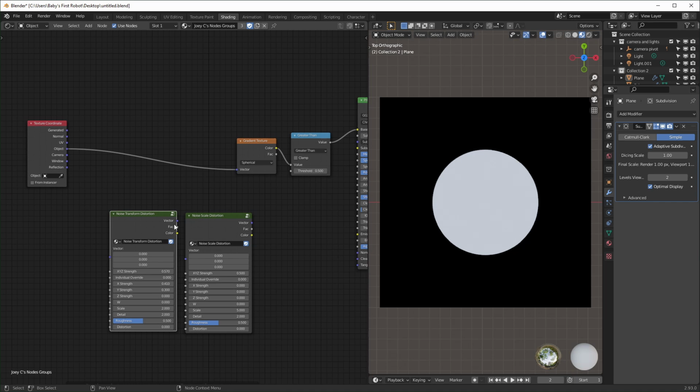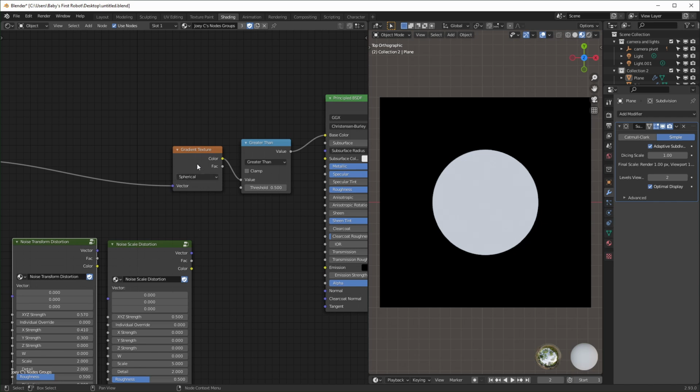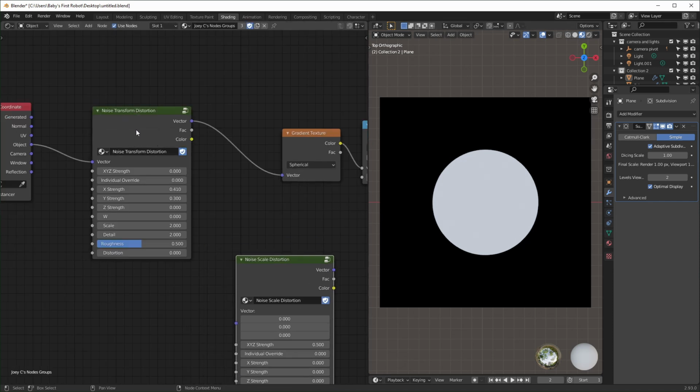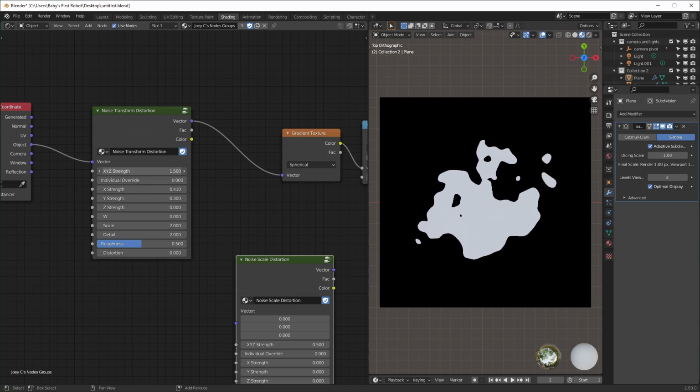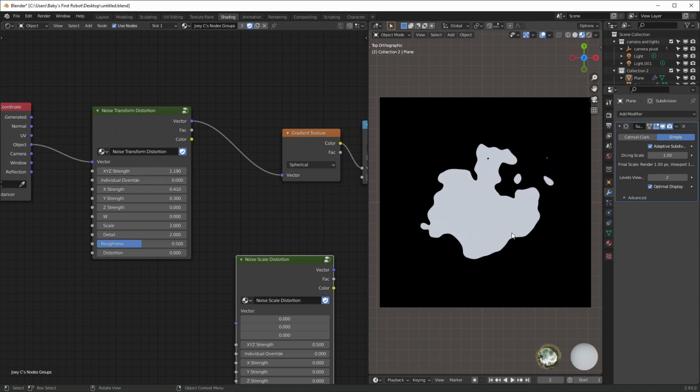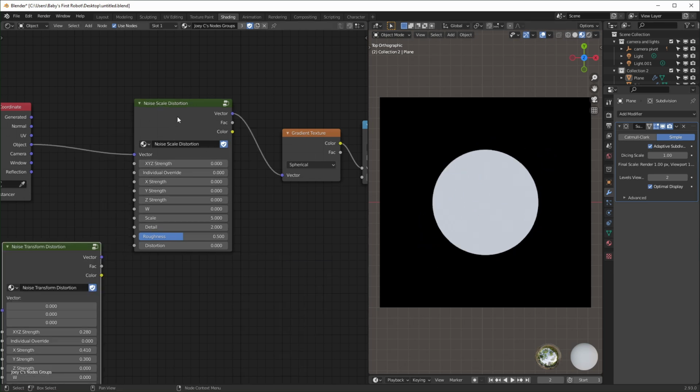Alright, so for this example where I show the difference between the scale and the transform distortion, I'm just using a spherical gradient texture. So we have this circle right here, and I'm giving it a hard edge with this greater than node. And it's in the center of the plane because I'm using object coordinates. So when I use the transform distortion, the one that I was showing you before, you can see when I turn it up high enough that it distorts going diagonally, and it doesn't go evenly in all directions. So this is why I included the scale distortion for each of the nodes that I made,